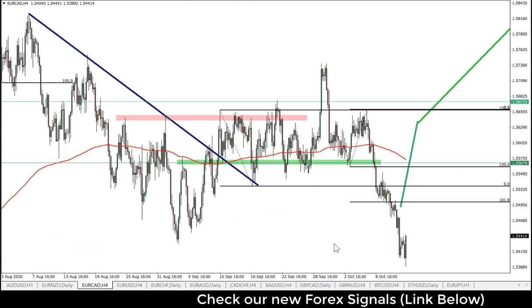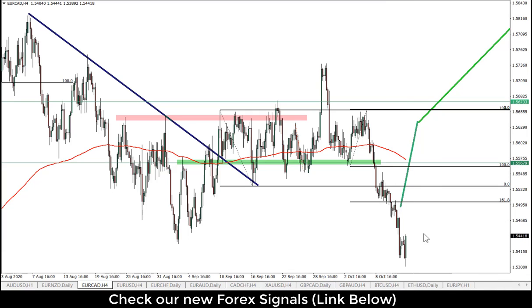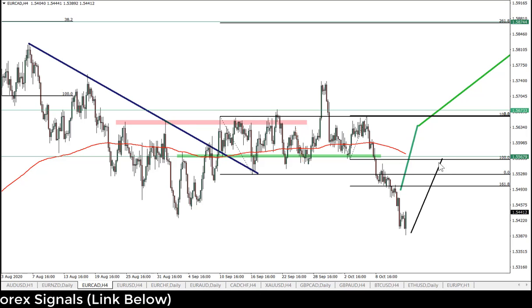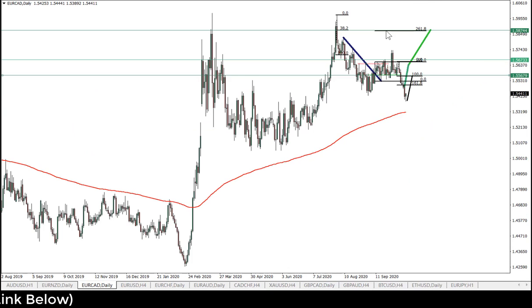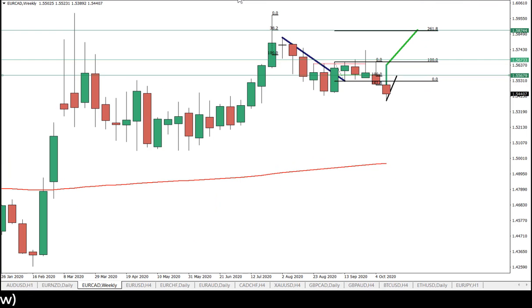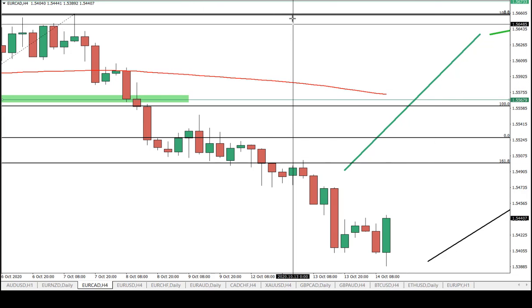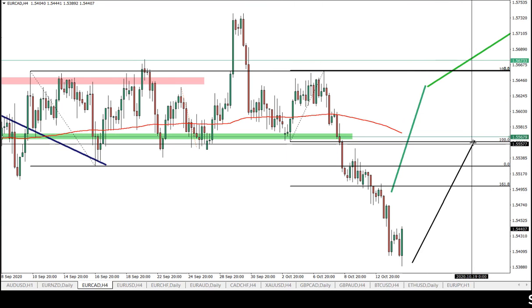Euro Canadian dollar, same. Although it went down sharply, the overall big picture may be invalidated. But now I would expect at least a pullback towards this resistance, and then we need to see. Although at the same time, this could still work pretty well. Now, maybe if we look at the weekly chart, well, weekly also there was a closing. So yeah, it should be a pullback towards this resistance that I used as the support previously. You can see this green area, and I do think this will be the pullback towards this area on the